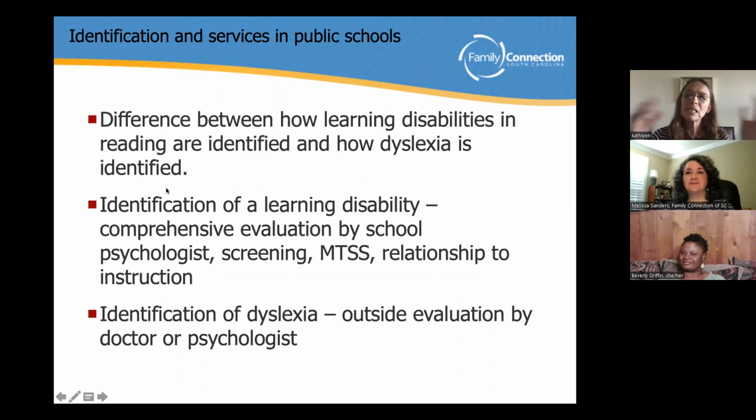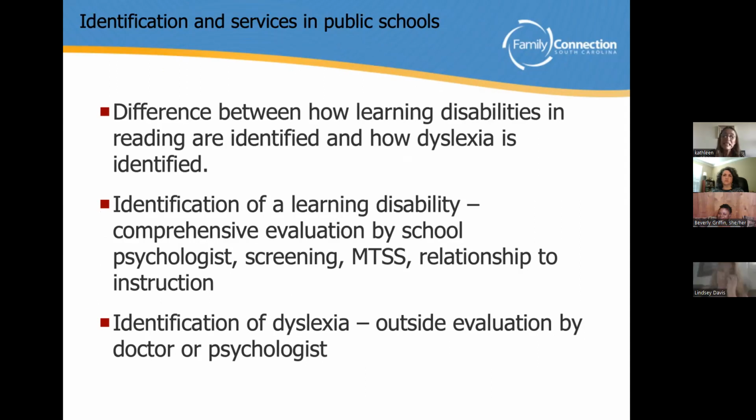So what is the difference? How is a learning disability identified and how is dyslexia identified? Second bullet point, a learning disability is a comprehensive evaluation by a school psychologist, screening, the MTSS, their performance relative to different kinds of instruction. This is to be categorized for the child to have the identifier of having a learning disability in reading. Dyslexia,